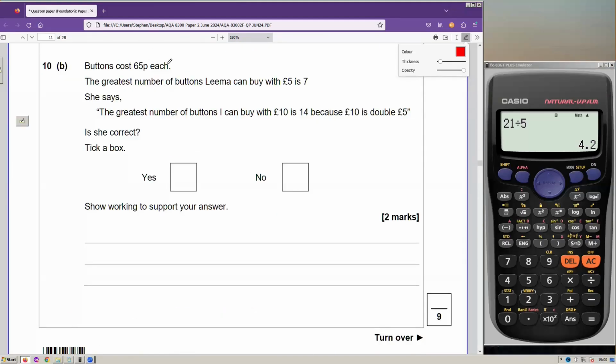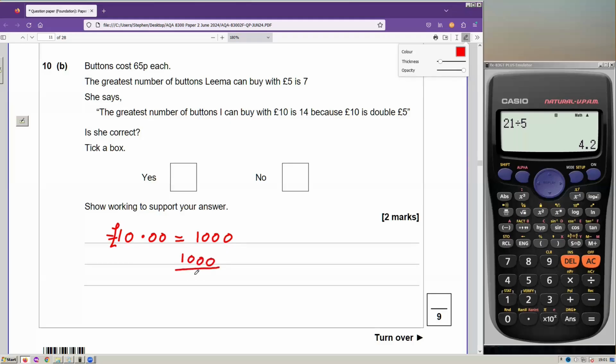Buttons cost 65 pence each. The greatest number of buttons Lima can buy with £5 is 7. Okay. She says the greatest number of buttons I can buy with £10 is 14 because 10 is double 5. Well, it depends. I think we need to do the calculation. And the way we're going to do that is we're going to go £10. Now, make it all into pence. £10 equals 1,000 pence. And then we can go 1,000